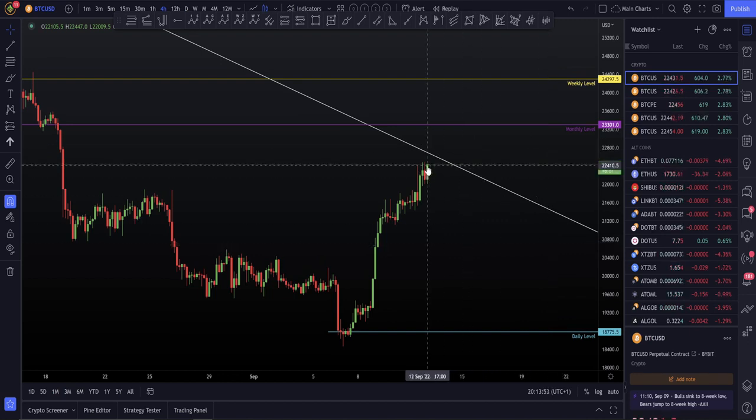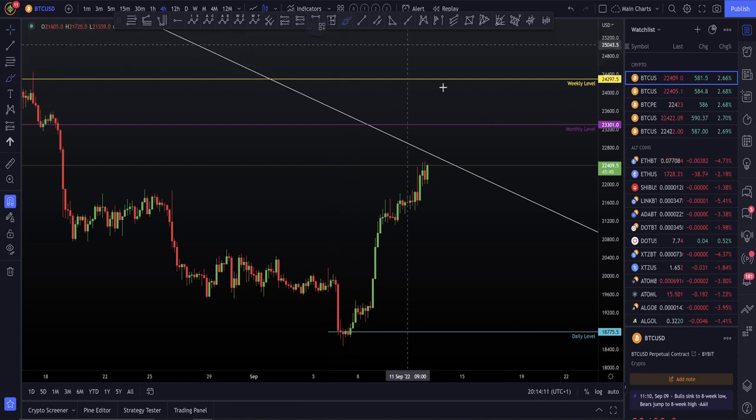And what I'm going to be looking for next then, well, where could I take my next short? We can see I have a few levels marked out here. These are levels which I could be interested in taking these short positions though. The monthly there, 22,301. The weekly, 24,297. So this zone for me would be my next resistance zone.